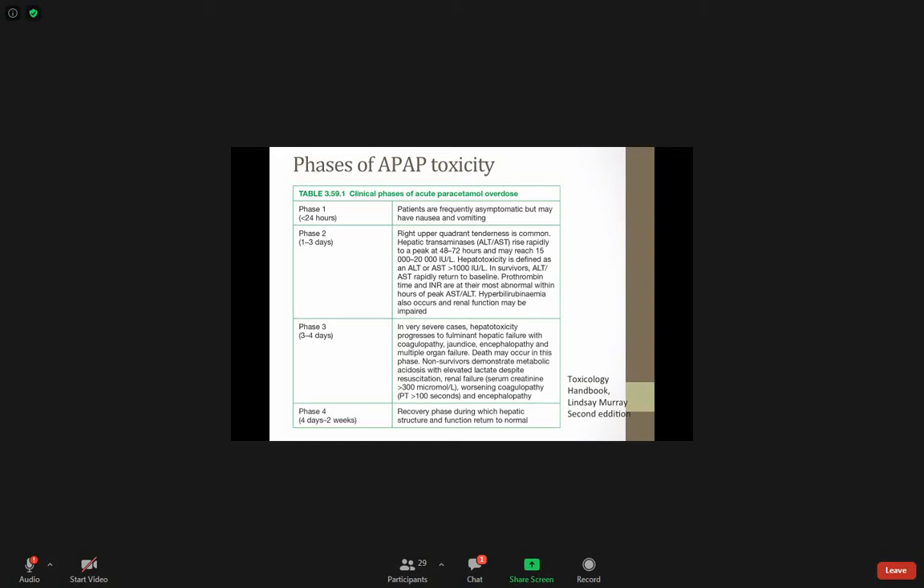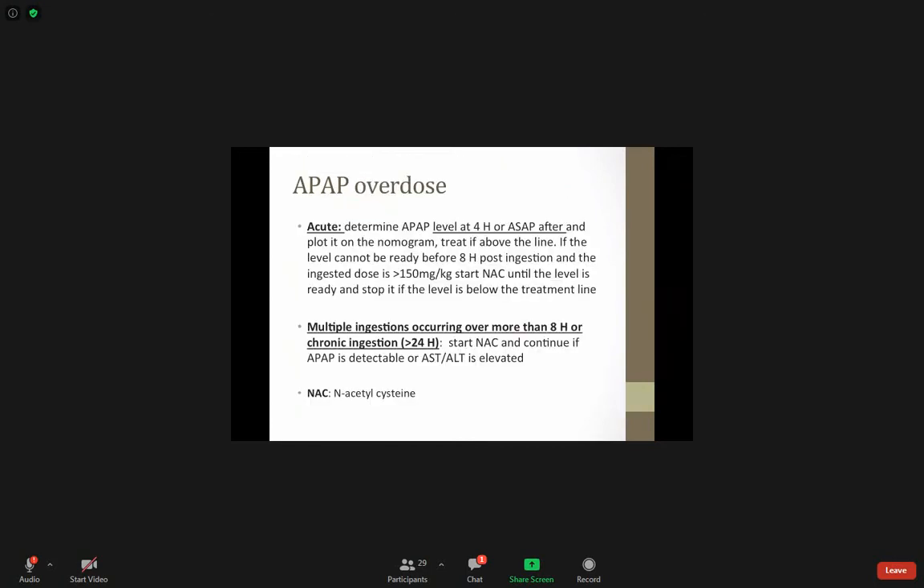So they start having right upper quadrant pain in phase 2 and elevation of the liver enzymes until they peak, and then phase 3 they go into liver failure, and then they either recover or die. Okay, so acute,